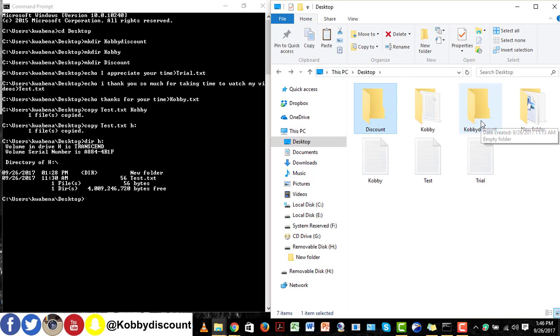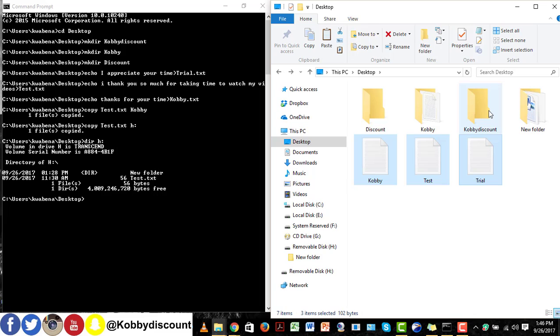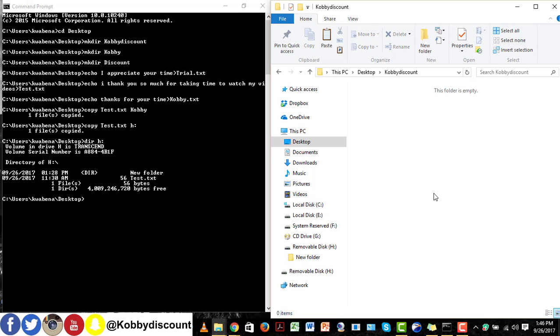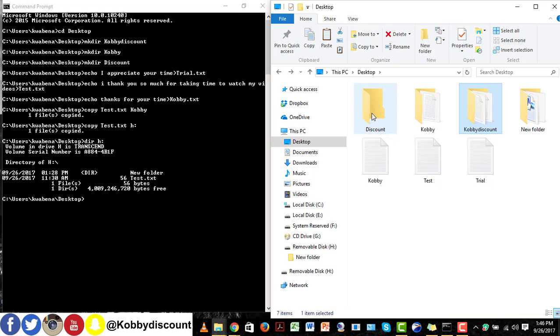First, let's create some files here. Let me just copy some of these. Place them here. Okay. So we are going to copy all these files into the discount folder. So this is how I go about it.